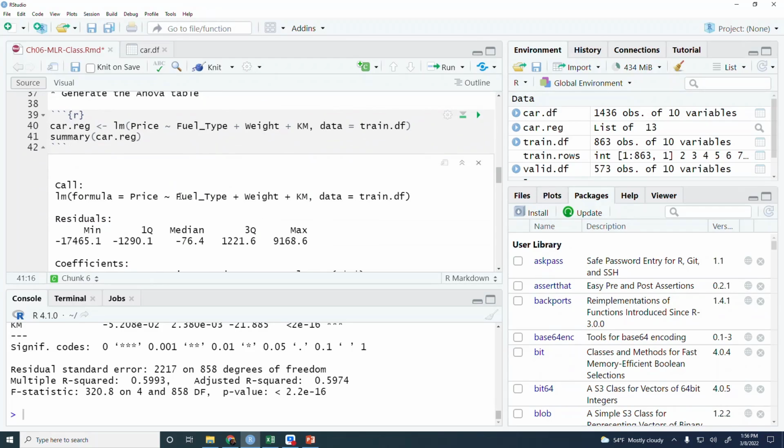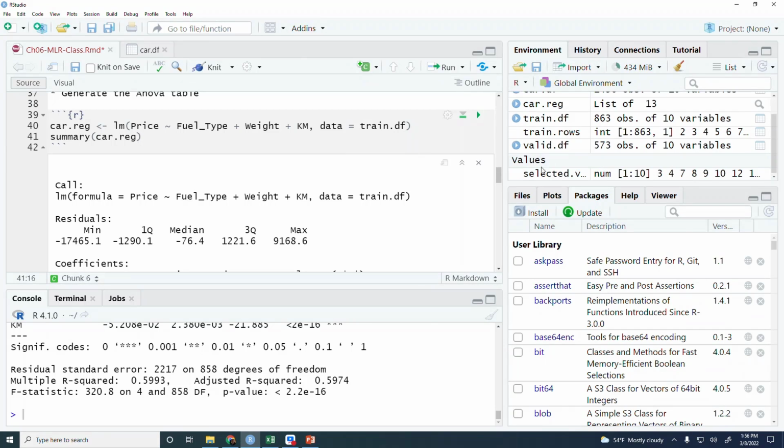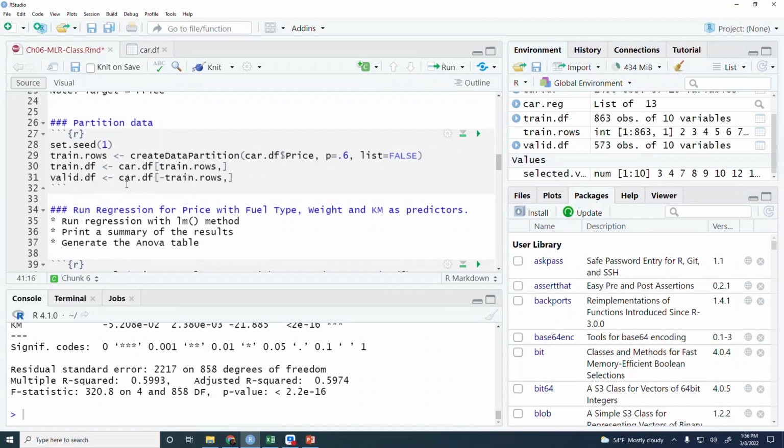Can I ask you a quick question? Yes. When I follow your partition, my train.df goes into the data section, but my valid.df is under the values section. Is there a reason why that would happen? I'm looking at yours, and it didn't happen on yours. I have the same code. Okay, make sure that the line of code is exactly right. It shouldn't go to values. It should be in the upper section.